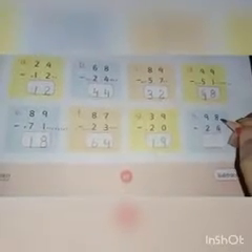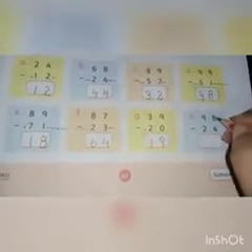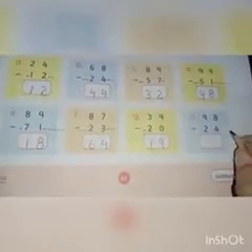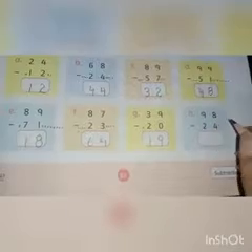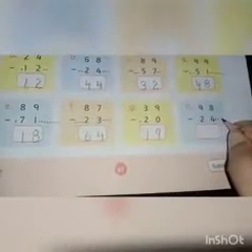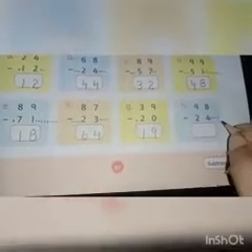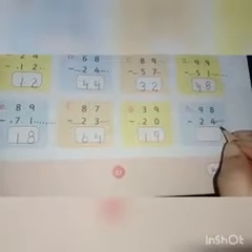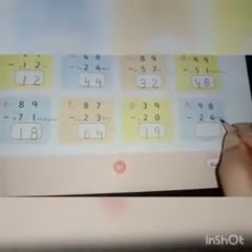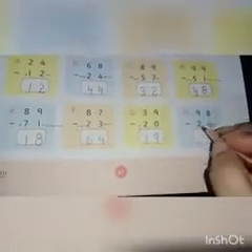Students, we are going to subtract the ones first. Here we have the bigger number is 8 and the smaller number is 4. We are going to count towards 4 and reach at the number 8. 4, 5, 6, 7, 8. Students, we reach at the number 8. Let's count how many dots here we have. 1, 2, 3, 4. We are going to write 4 here. Then we will subtract the tens.